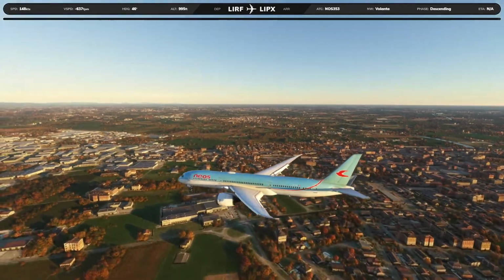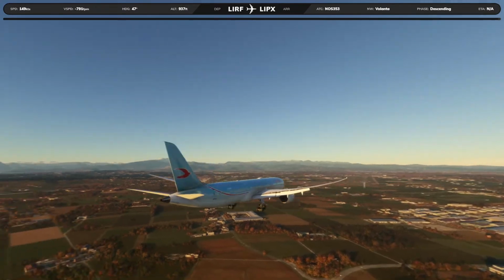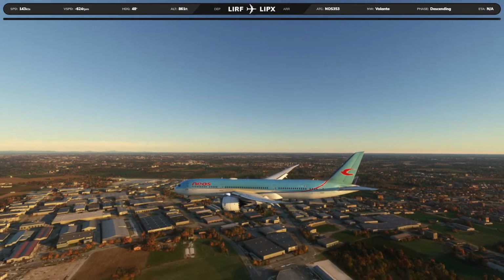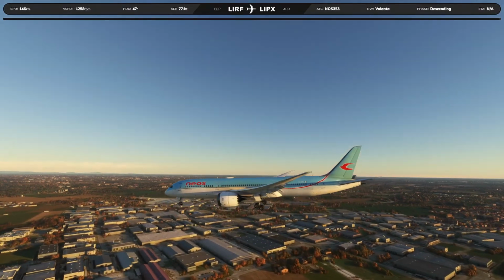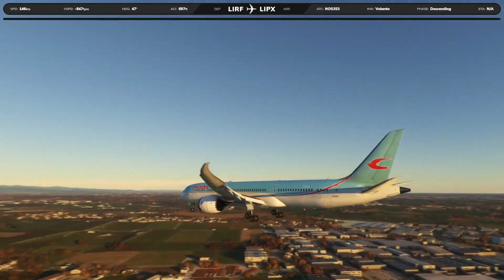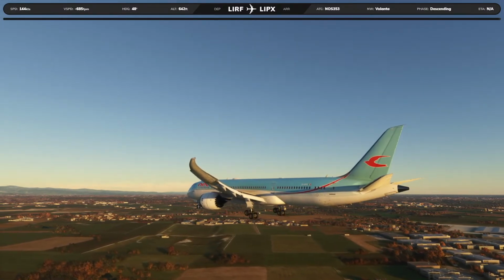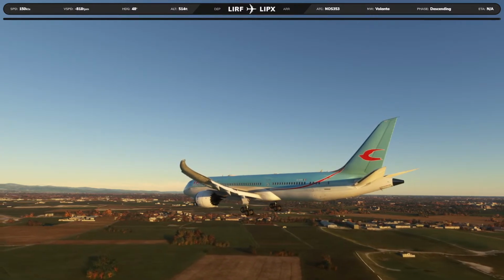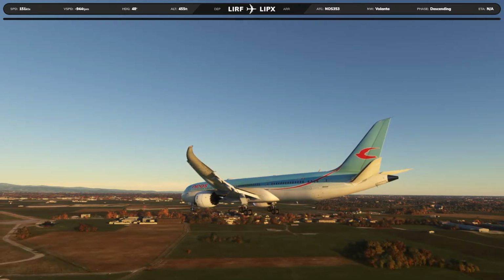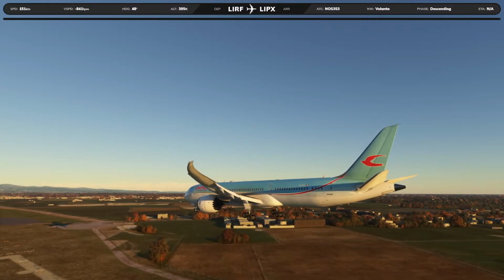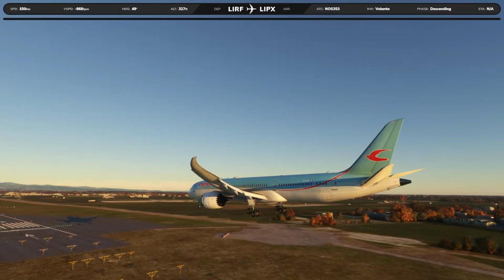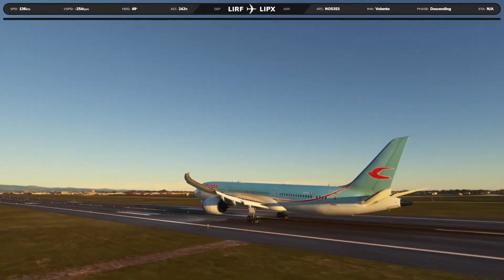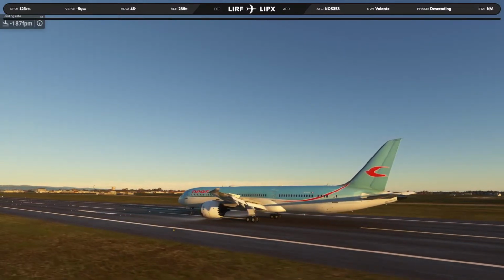It just really does change the sim quite a bit. Oh yeah, that was lovely.